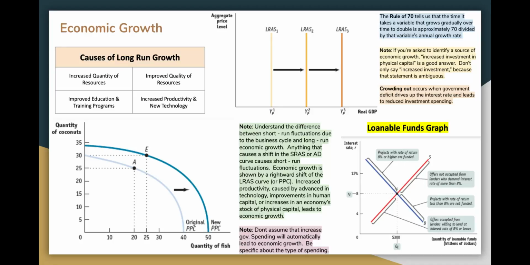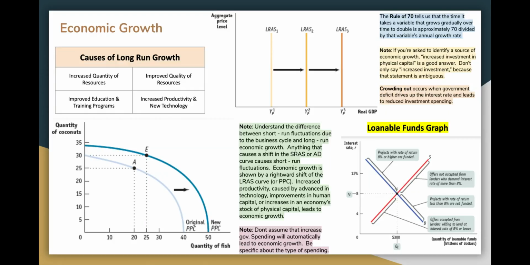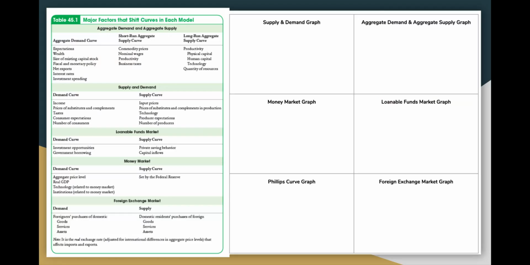When you have a situation, which is probably happening right now, where the government is borrowing a lot of money, we call that crowding out. And that means that the supply of money has decreased. And when that happens, that makes interest rates go up. And what that could possibly lead to is higher interest rates, which means less investment type projects. Okay.